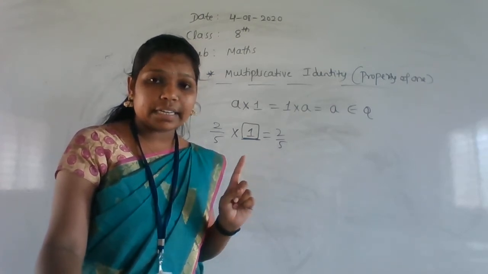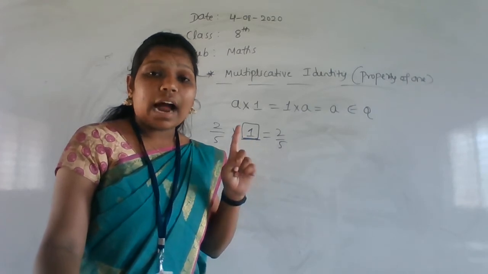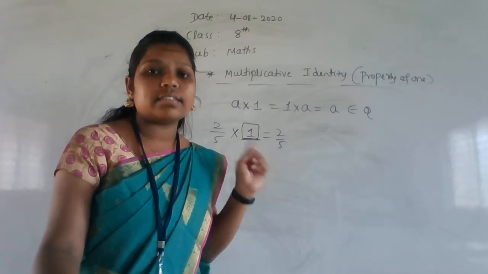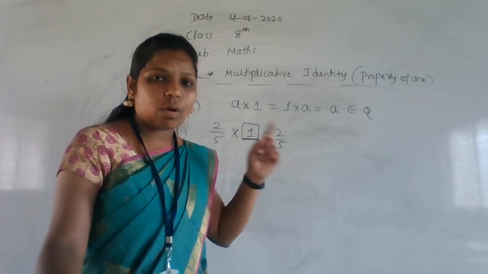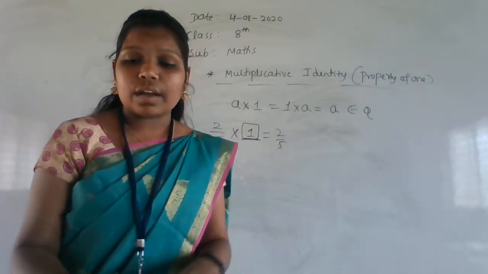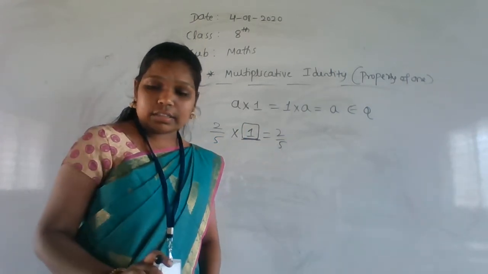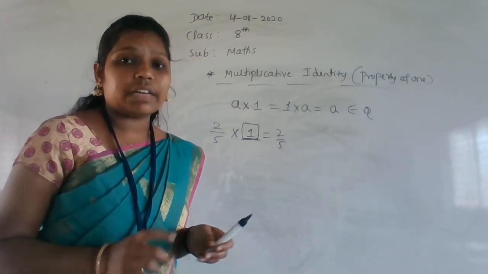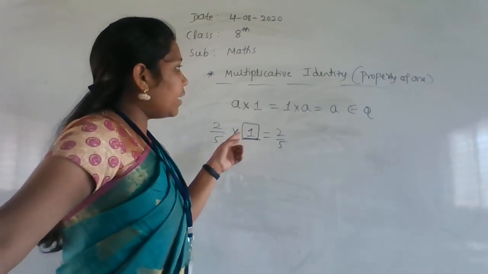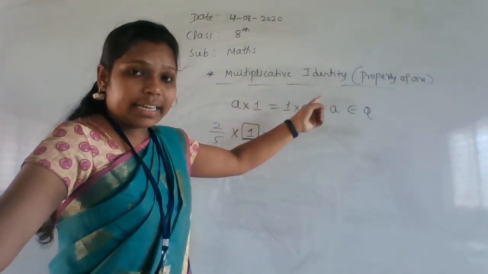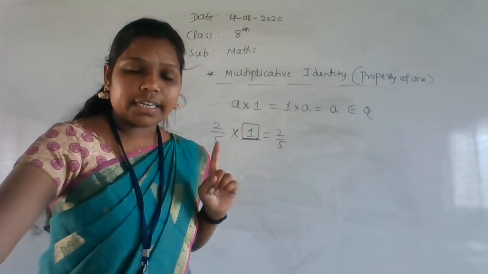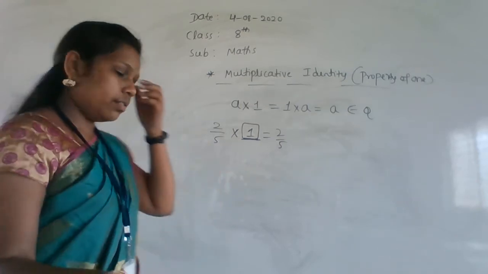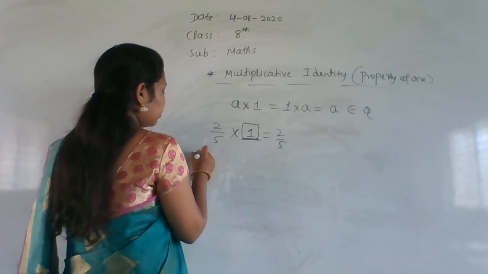What is the multiplicative identity? It is always 1. What is the additive identity? Additive identity is always 0. For addition, the identity is 0. For multiplication, the identity element is always 1. Please keep it in your mind. Any one of your sisters, brothers or friends may ask, and then you have to tell what identity means. Multiplicative identity element is always 1 and additive identity is always 0. And next one is multiplicative inverse. We will see the multiplicative inverse.